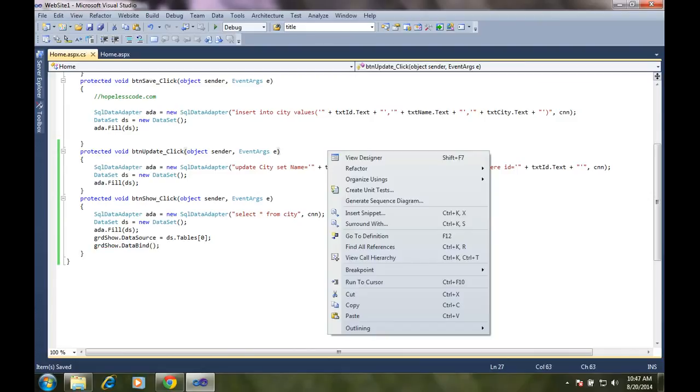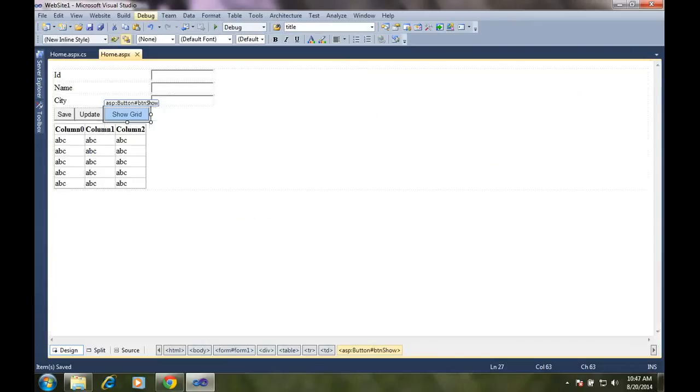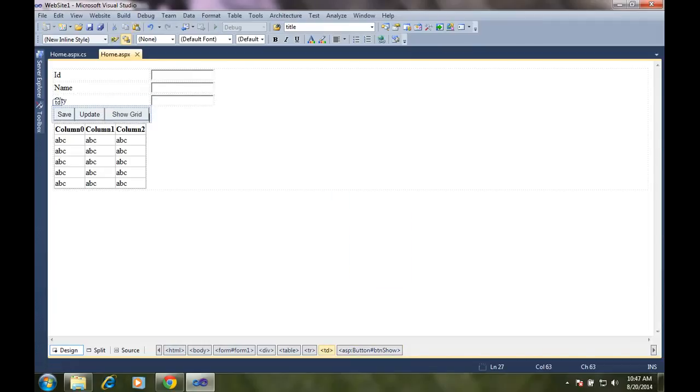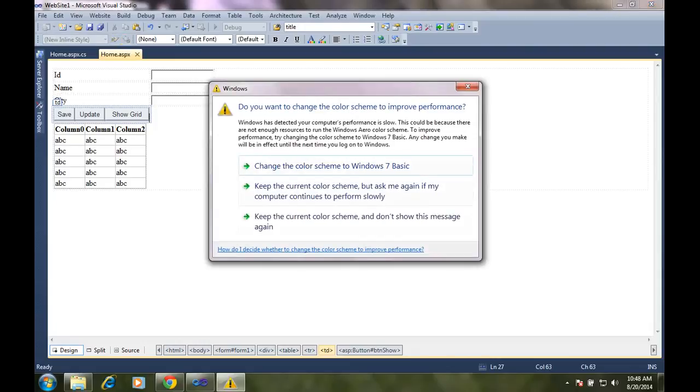Now we're going to see. Just build this, view it in browser. It's loading.